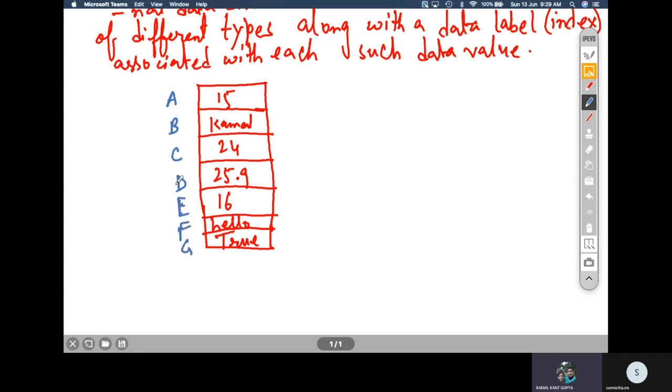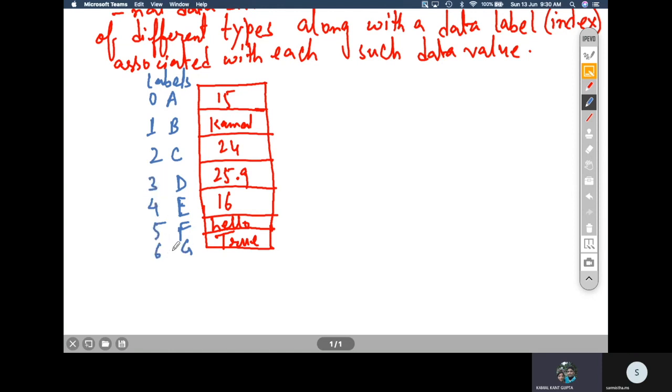If you are not mentioning separate labels like A, B, C, D, these are called labels, or better known as index. If you are not giving any index, then by default the index values are 0, 1, 2, 3, 4, 5, and 6.